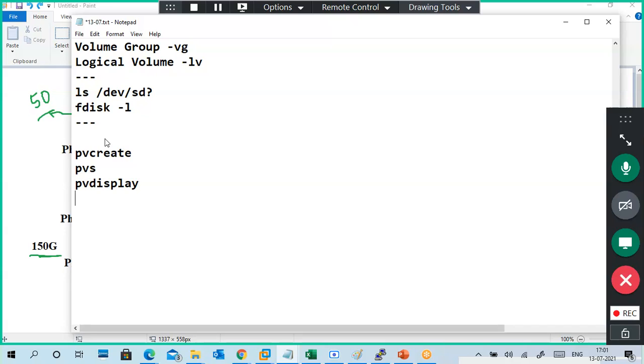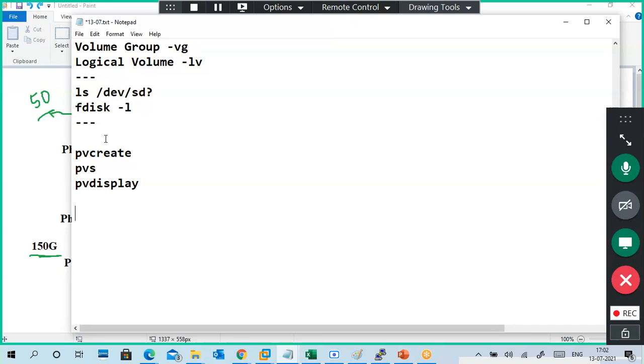If you want to remove, PV remove. PV remove is also there, but we are not removing now. So PV create, PVS, PV display. While we are using, we'll understand what it is.